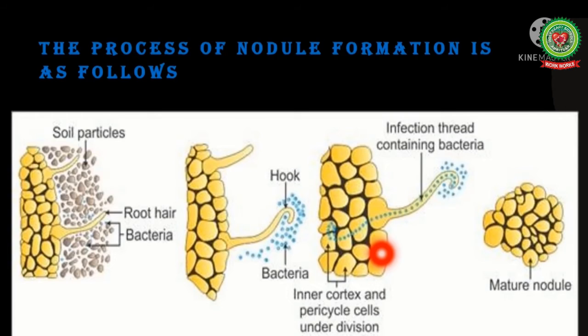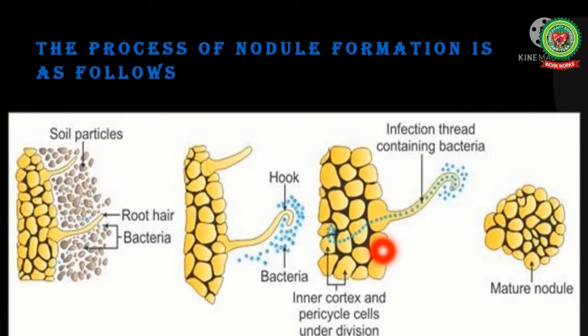This growth and division of pericycle and cortical cells leads to the formation of a knob-like structure called the mature root nodule. The nodule thus formed after division is finally responsible for the direct vascular connection with the host for the exchange of nutrients. The mature nodule, thus formed after a series of events and chemical changes, contains all the essential biochemical components, that is leghemoglobin and the enzyme nitrogenase. The enzyme nitrogenase catalyzes the conversion of free nitrogen into ammonium, that is the first stable product.